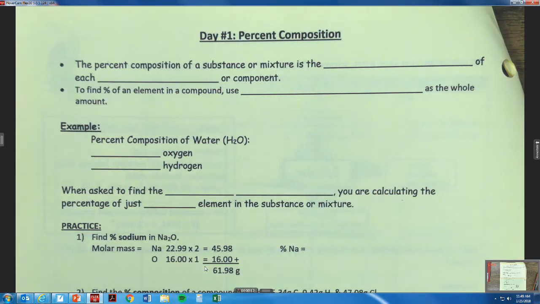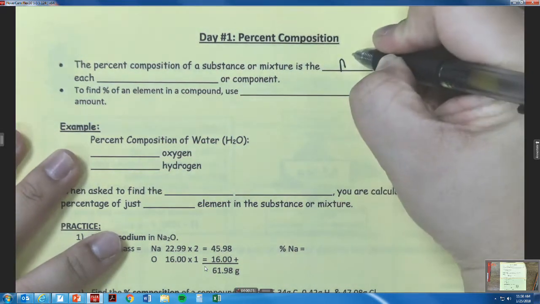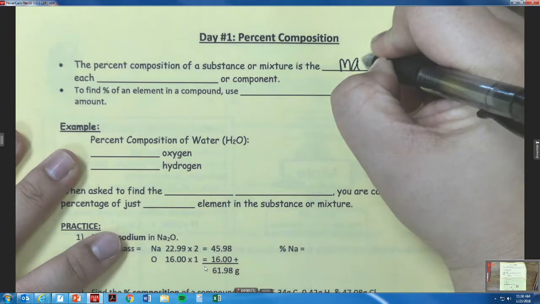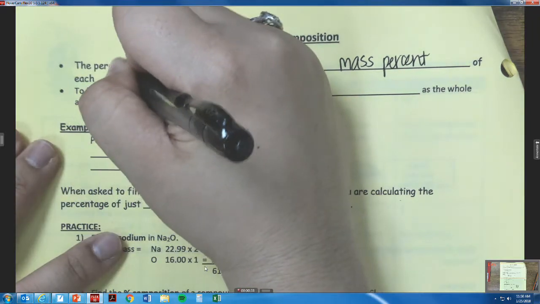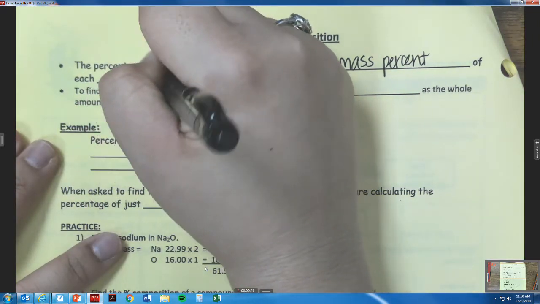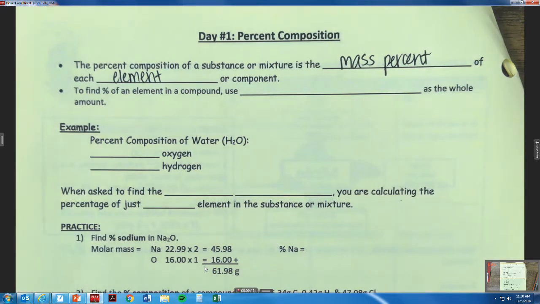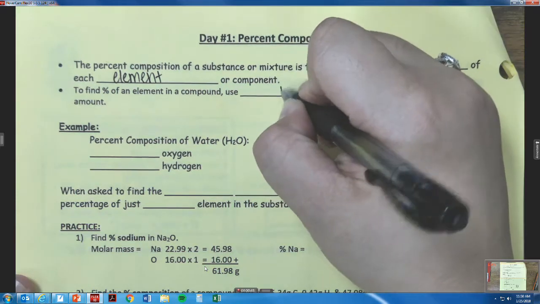Instead, we're just going to go ahead and start with notes. So today we're going to go over page 4 notes, day 1, percent composition. The percent composition of a substance or mixture is the mass percent of each element or compound. Okay, to find the percent of an element in a compound, we have to use the molar mass